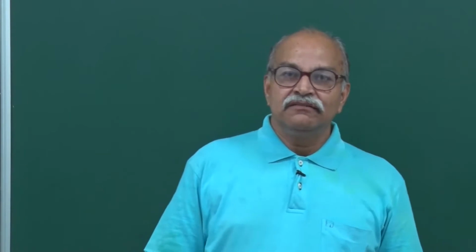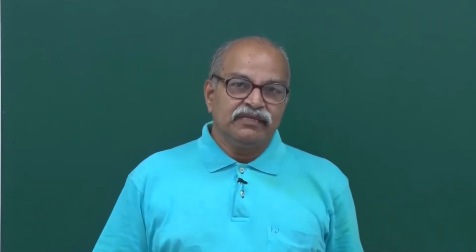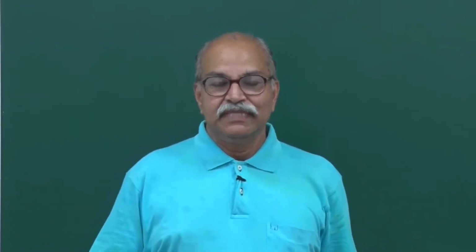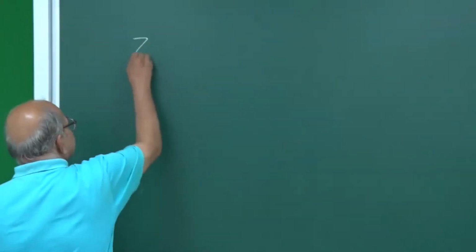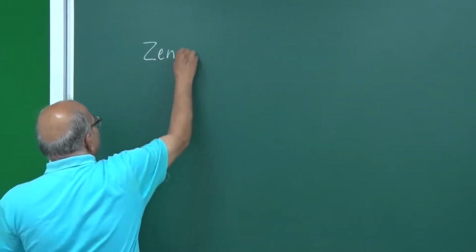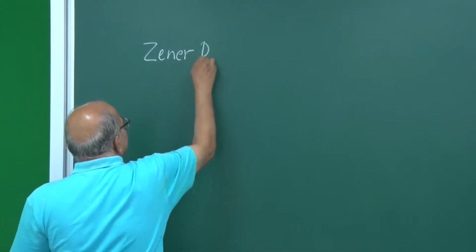So we have done enough theory work with the general theory of p-n junction, and today I will be describing some special purpose diodes, p-n junctions. So first is what we call Zener diode. Zener is the name of an American scientist. So this is Zener diode,